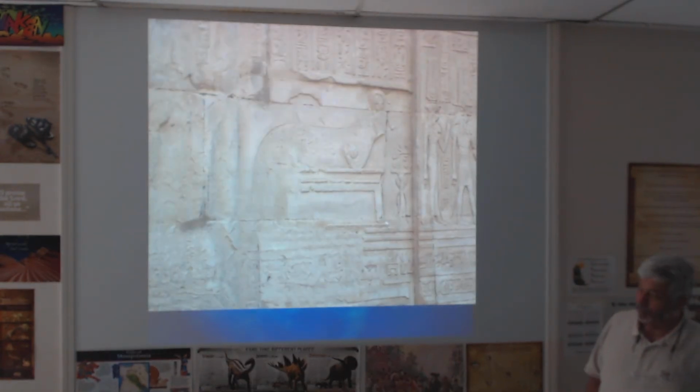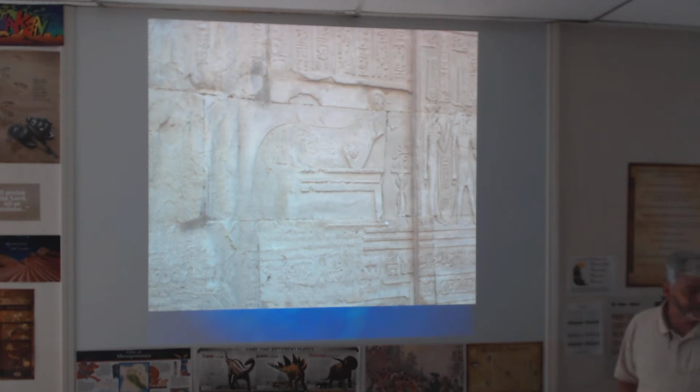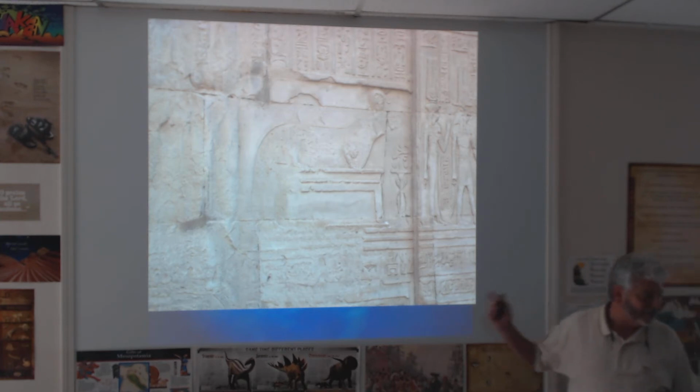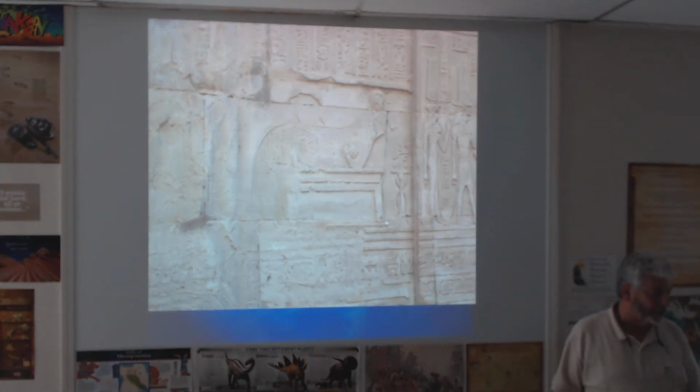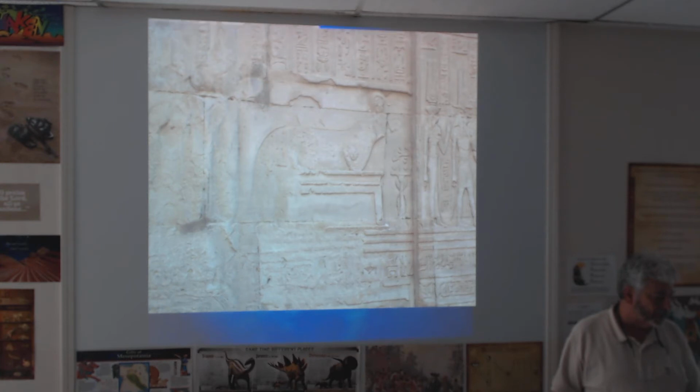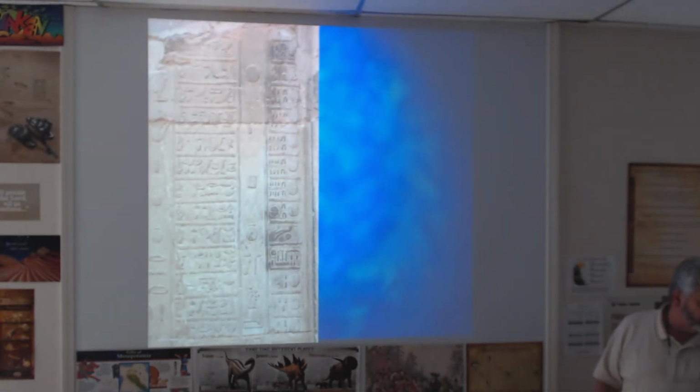Can you tell what that is? Oh, crocodile. How did you get that? Very good. I don't think anybody ever guesses crocodile because it doesn't really look that much like one. But Griff got it. First guess. All right. Because they worship crocodile. This is a crocodile on a table, and I think maybe that's a table in which they're going to mummify him. We went into a temple that was dedicated to worshiping the crocodile, and apparently they had mummified crocodiles that were found there. So that's the crocodile on a table.